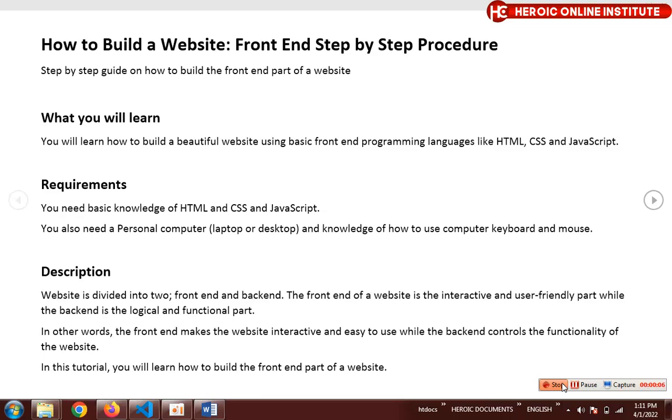Okay, this is to introduce to you how to build a website, front end step-by-step procedure. This is a course that will show you how to build a website, specifically a business website, step by step. It's going to give you a step-by-step guide on how to build a website. Once you follow this procedure and you finish it, you can build any kind of front end of